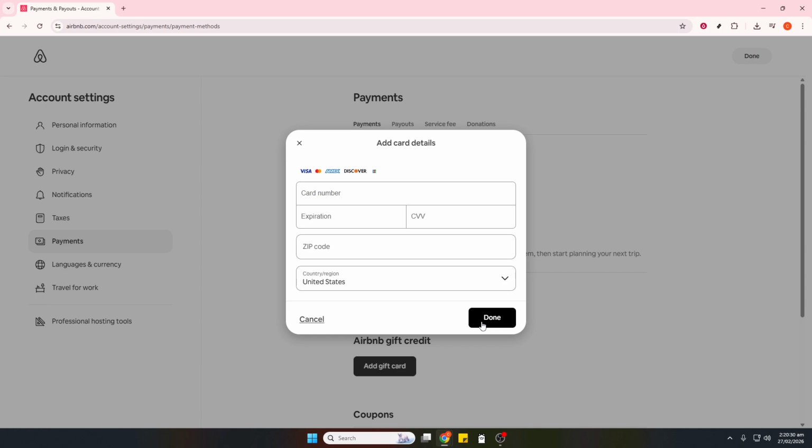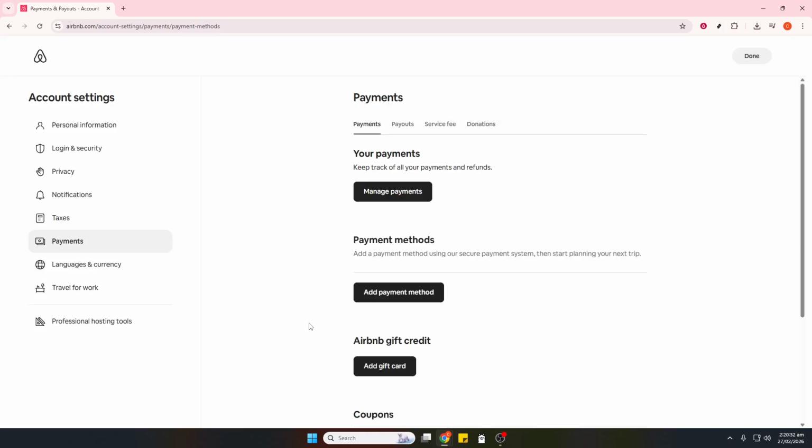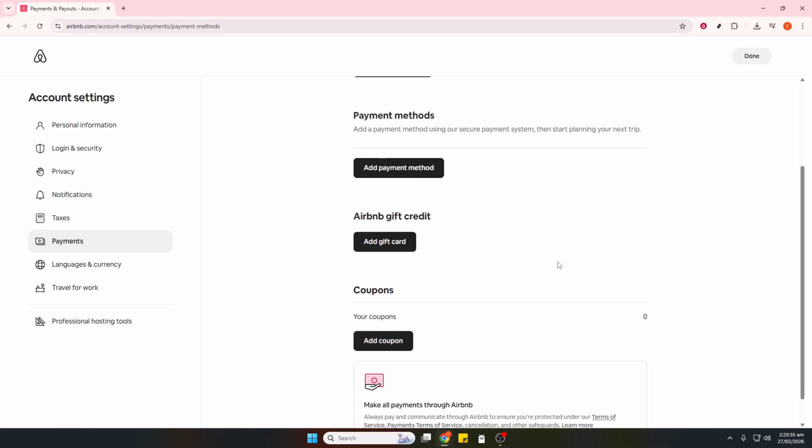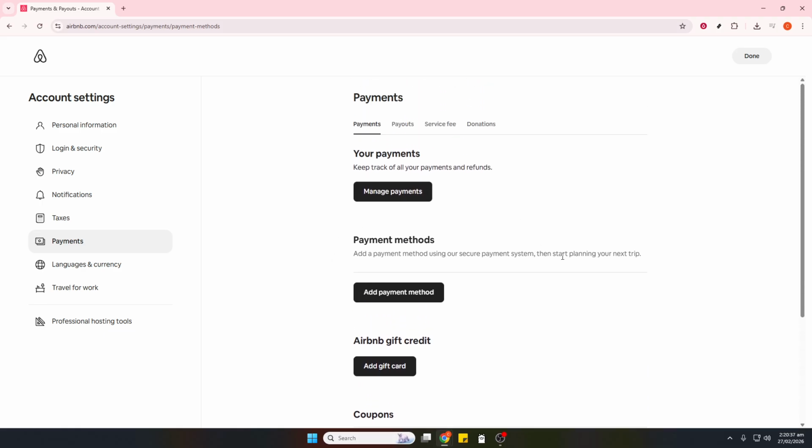A couple of quick tips before we wrap up. Make sure the name on the payment method matches your account details, enable any bank verification requests or two-factor prompts during setup, and double-check your billing zip or postal code to avoid declines. That's it. You've edited your